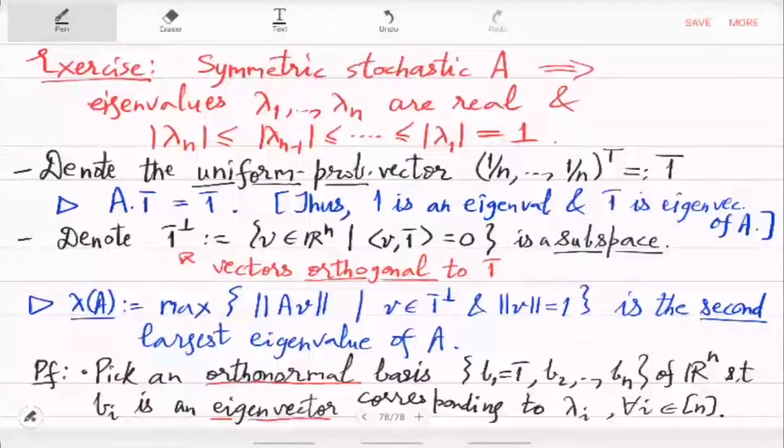It exists mainly because of this above exercise. A is symmetric stochastic, so the eigenvalues are real. And then when you look at the linear system, AV is equal to lambda iV, V will be a real vector. Okay, and then you can also pick them to be mutually orthogonal and unit vector. So we fix these B1 to Bn,